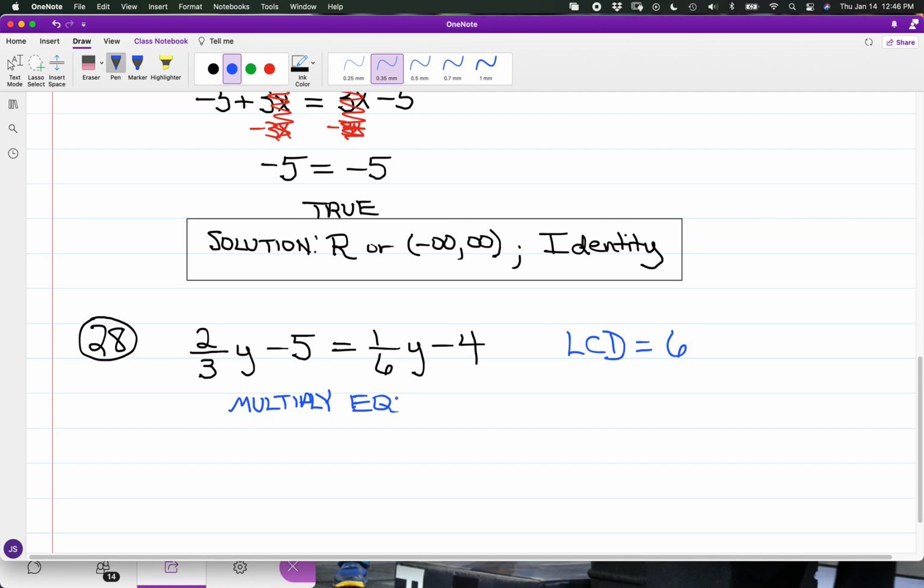Now I'm going to be raising the coefficient absolute values, but it's not going to change the solution in y. If it did, I would not be doing this. So if I multiply everything in the equation by 6,